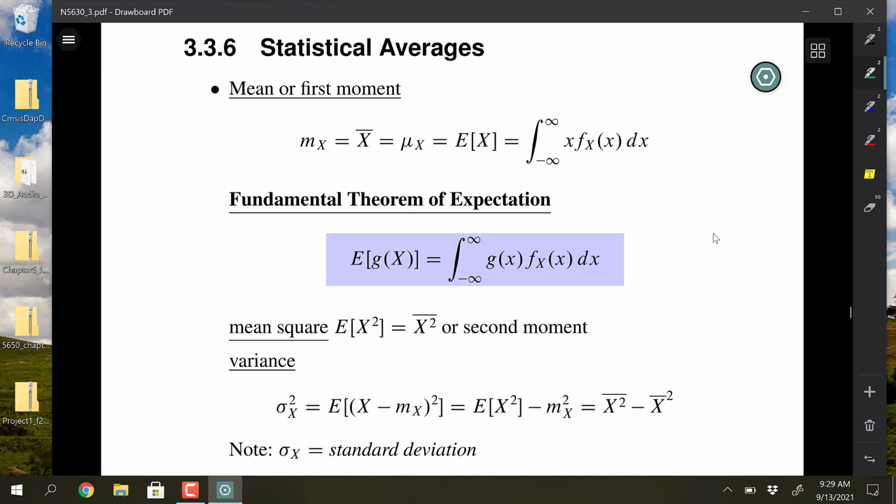The way I remembered that is when I used to teach this as the undergraduate class. The book I was using also called this the rule of the unconscious statistician, which is kind of a dry humor thing, but it's like if you don't know how to get the moment of a random variable, the new random variable, and see what this is all about, the reason why I'm saying what I'm saying is